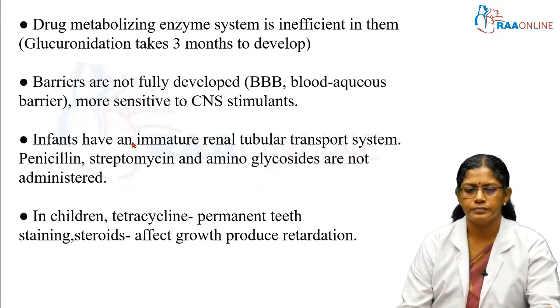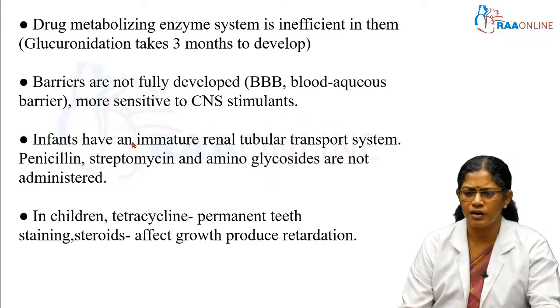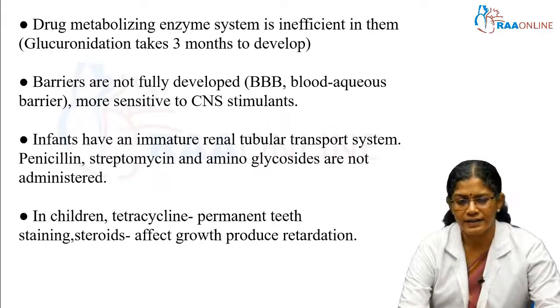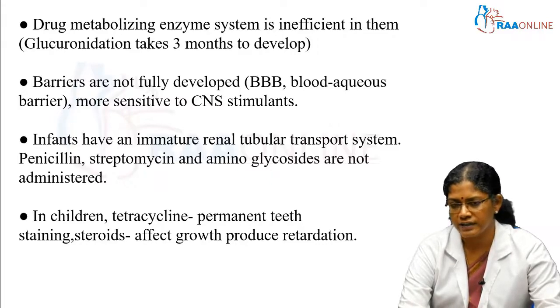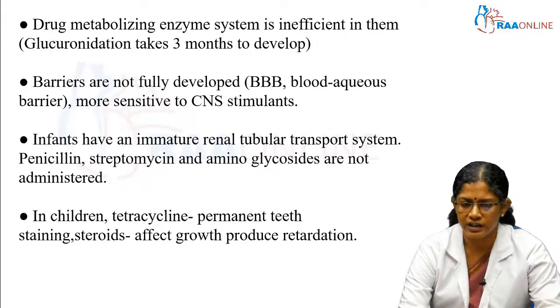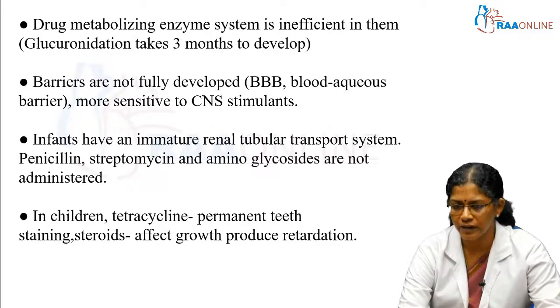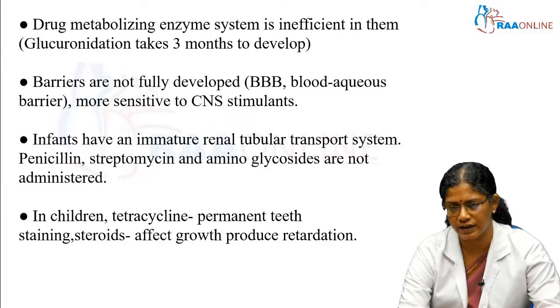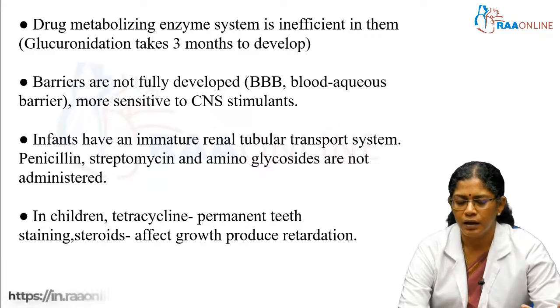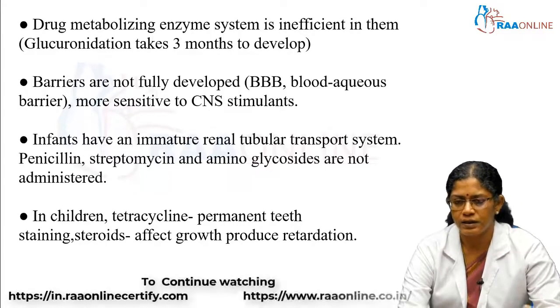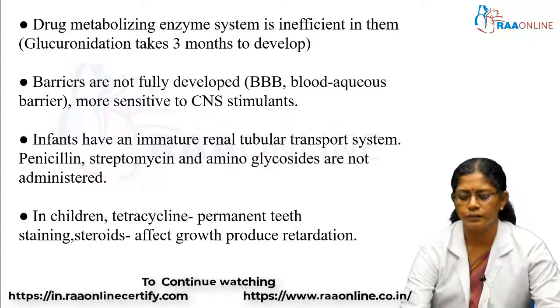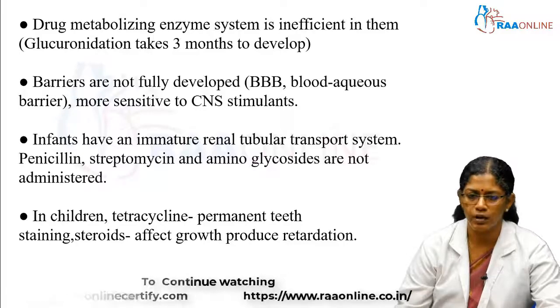Other than that, certain drugs are not given to children; they are contraindicated in children. For example, tetracycline, because tetracycline produces permanent teeth discoloration, a yellow discoloration in the teeth. Likewise, if steroids are given to children, they will affect growth and produce retardation. But these drugs are not contraindicated in adults, because in a developed tooth or after growth, they won't have any effect. So, according to the age, dosage modification has to be